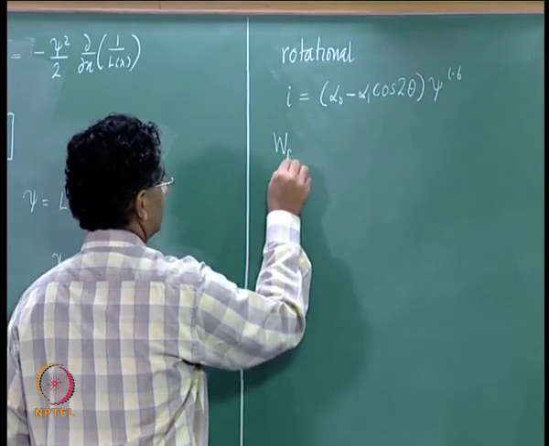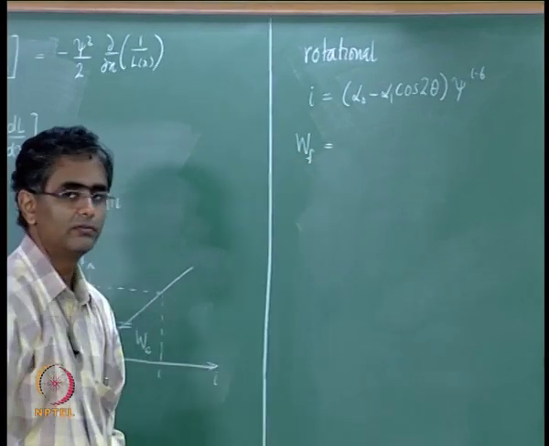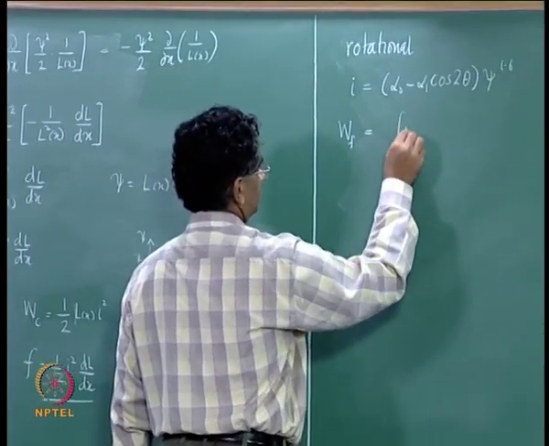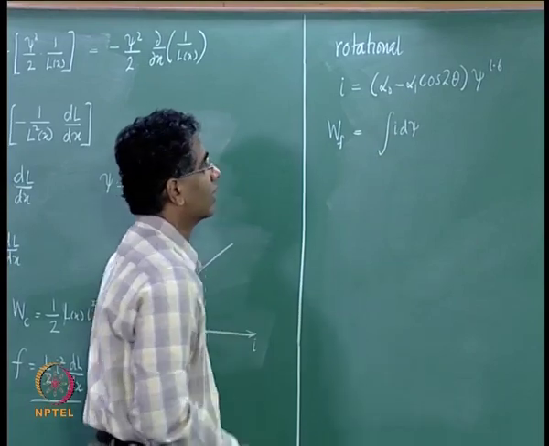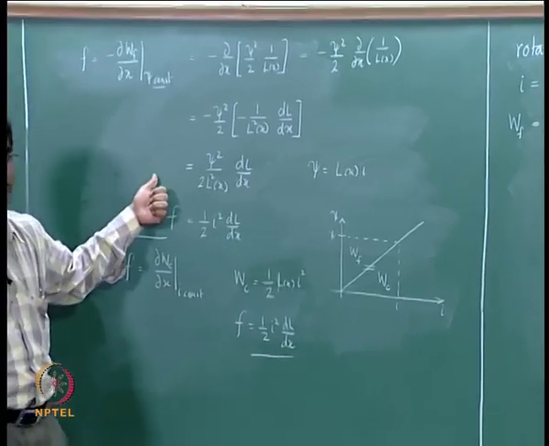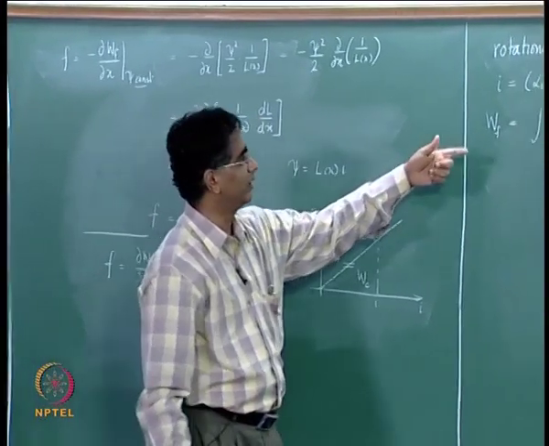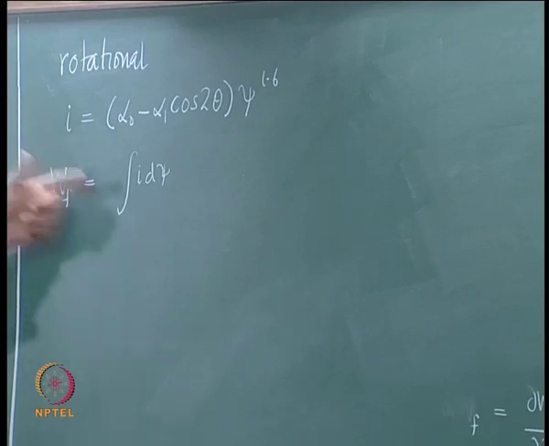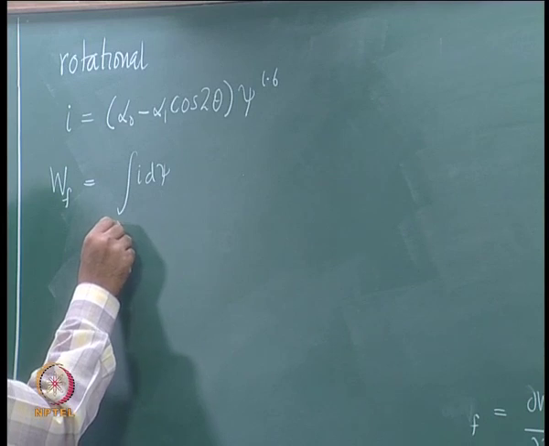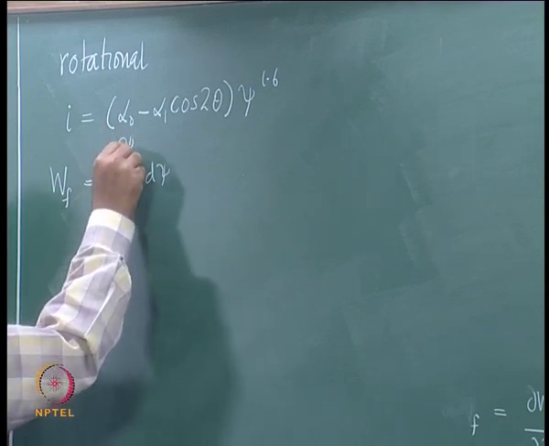Now the field energy Wf, if you would recall, is given by the integral I d psi. Now this expression only gives us the relationship between I and psi, it does not give you the field energy directly. In the earlier example we started out with the expression for the field energy, now you have to determine the field energy given this expression, and therefore first do an integration I d psi. So let us say this goes from 0 to some value capital psi,